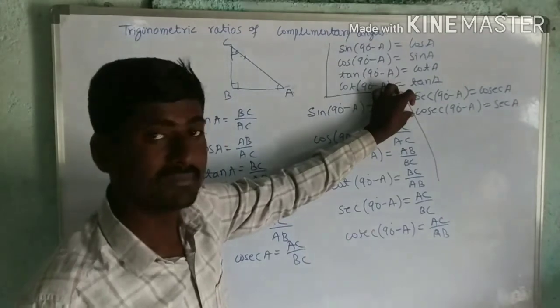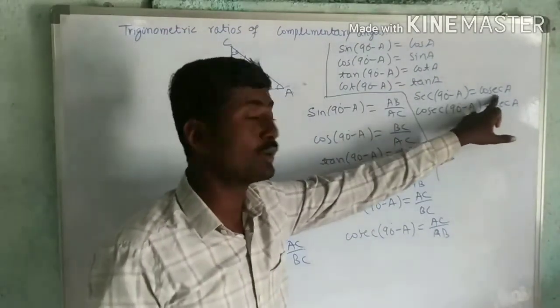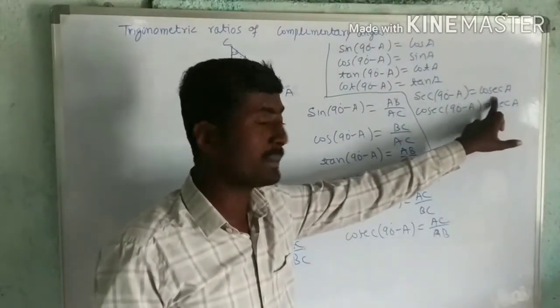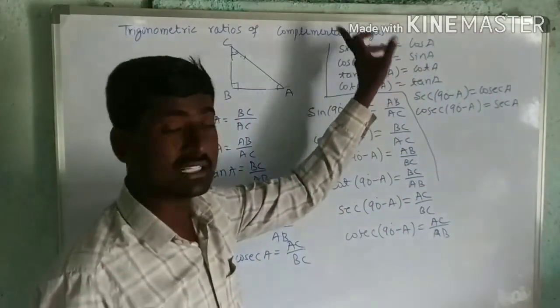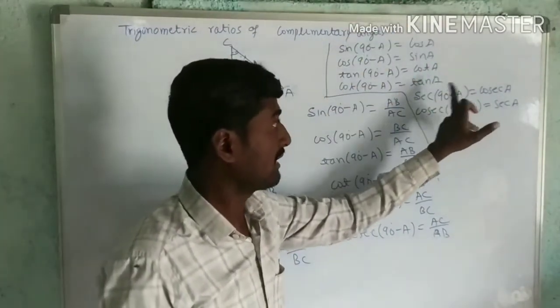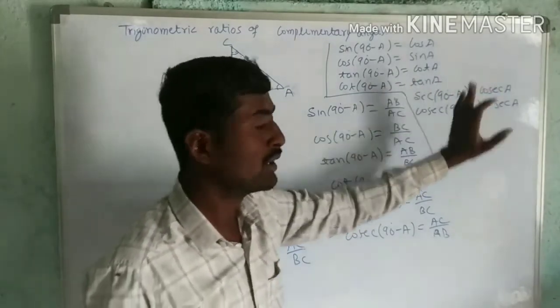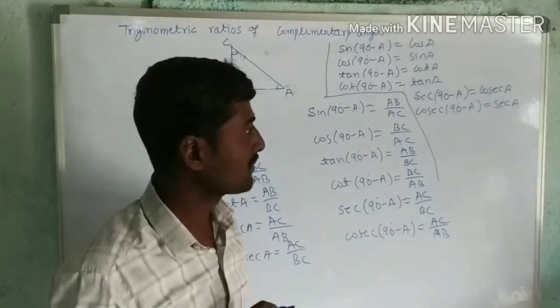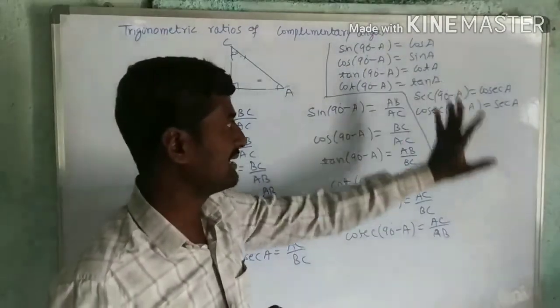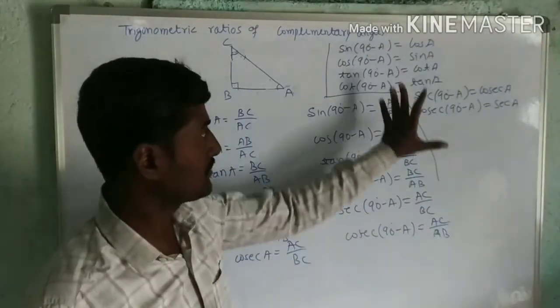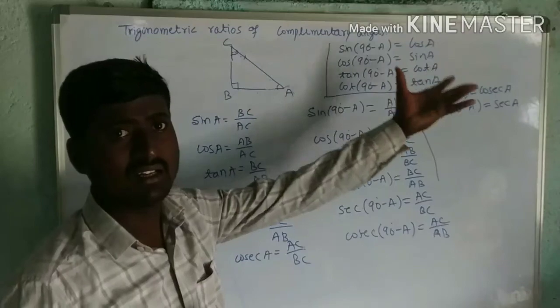This is okay. Reciprocals and pairs are both the same for the functions tan and cot. For this also, sec of 90 minus A, I am getting cosec. So here also you have to be careful. Sine's reciprocal is cosec, but here sec and cosec are one pair, and this is another pair. Okay, so you should remember all these six formulas. We will use them for the coming exercises.